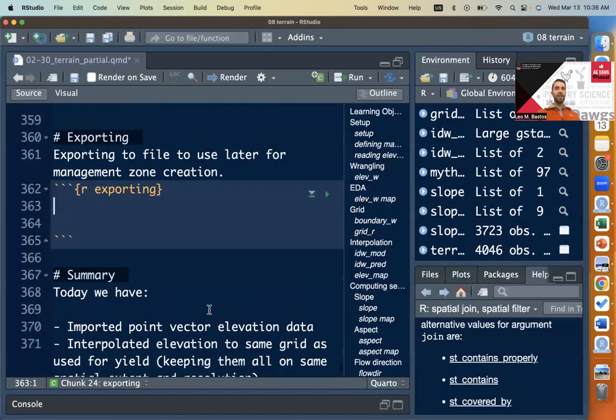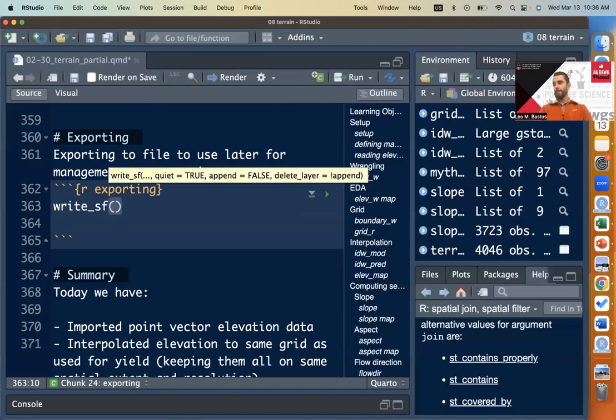All right, so last thing we're going to do here is to export this, because again, remember the reason why we're doing this is elevation as the primary variable, and the secondary variables that we get from it are important variables for us to create management zones. And that is the final goal we're looking into. That's the vision here. So because we need to have access to what we just created, we need to export this to file. To do that, we're going to use the function